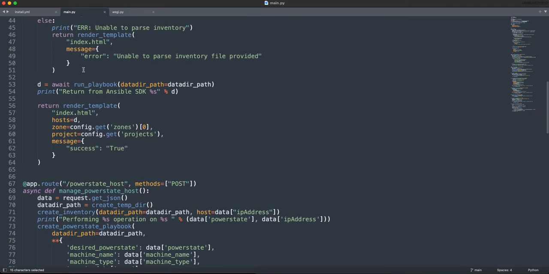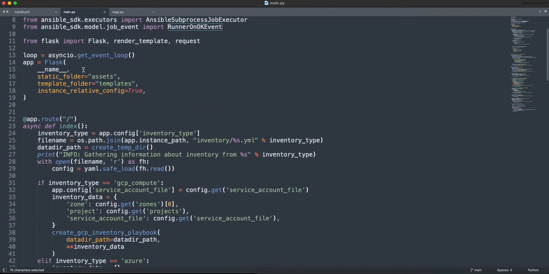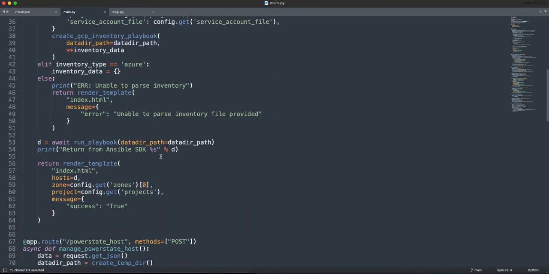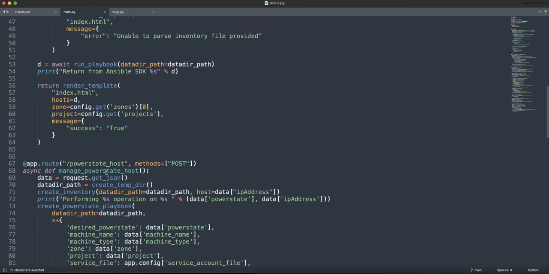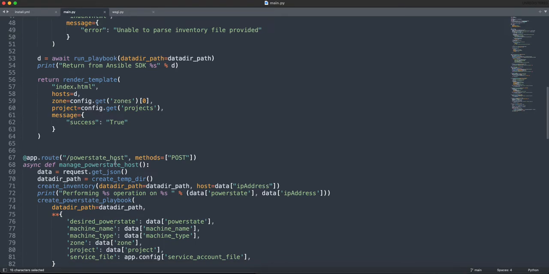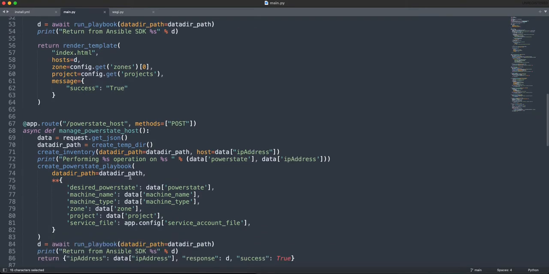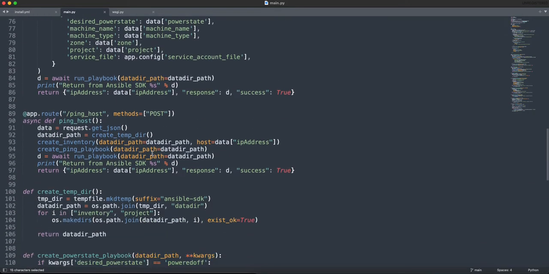Some of the other things that you may want to see in here is, for instance, when we want to do a power state. Let's see, where's a good place to start? Okay, so we want to do a power state, request power state. This is where this comes through. I'm trying to find the